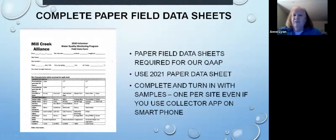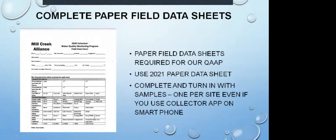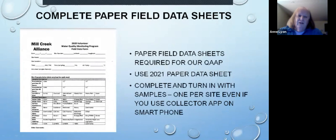But as I say, the paper field data are required for our quality assurance, quality control plan. This is something that's really essential for our program. This is what makes it a credible data program. You're going to complete and turn this in with the sample, one per site, even if you use the collector app on your smartphone. And what you can do, I'm going to have these available on the website. You can fill in most of this information yourself by typing it in, and then just if there's something unusual or different,